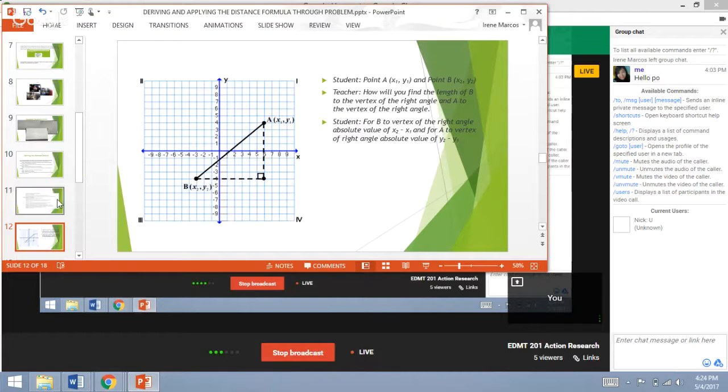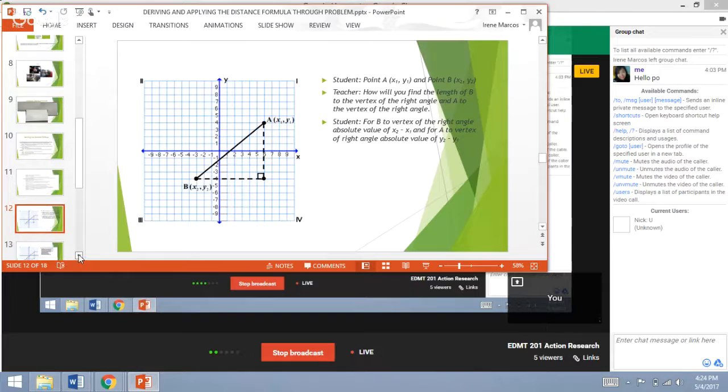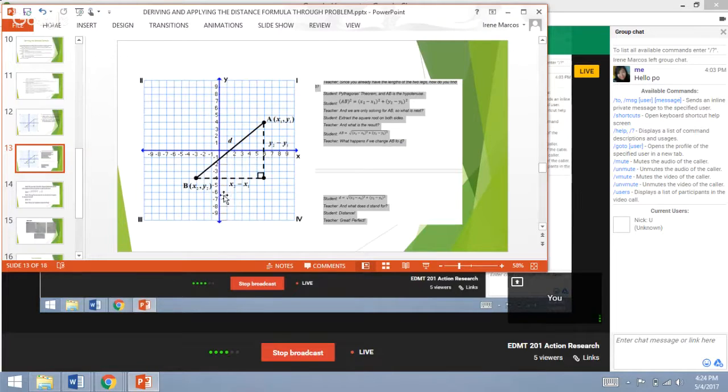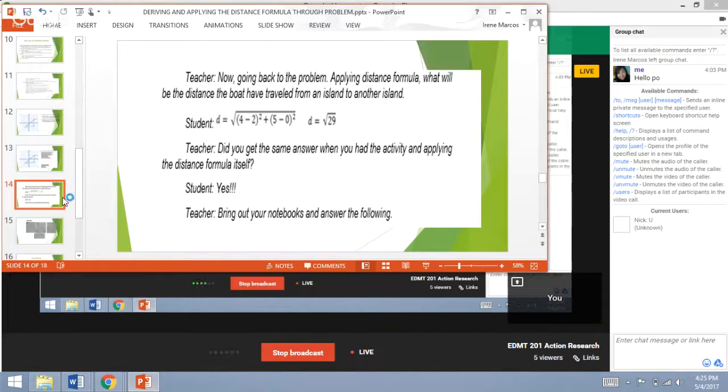And then after that, the teacher marked the illustration, which is this one. So what happened now is that you will have here x2 minus x1, that's the distance from B to the endpoint of the right angle. And then you have A to the vertex of the right angle as y2 minus y1. So when they had solved that, they went back to the previous problem, which is the island